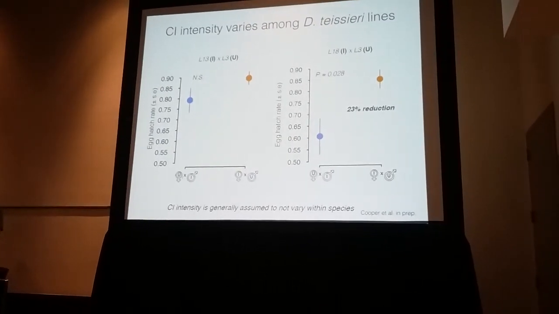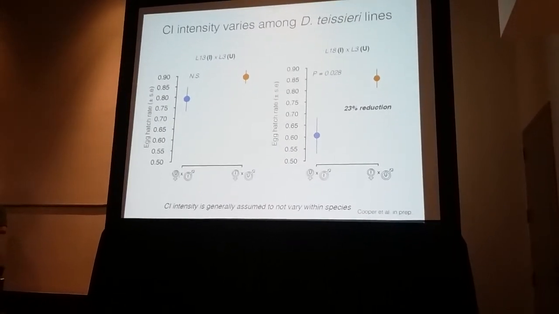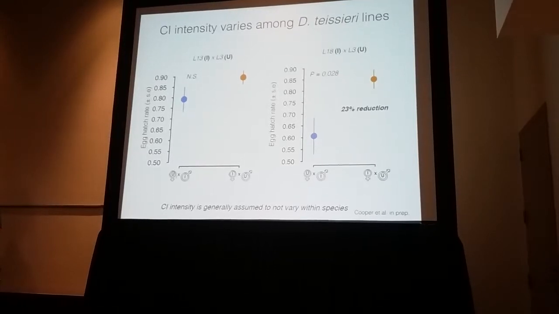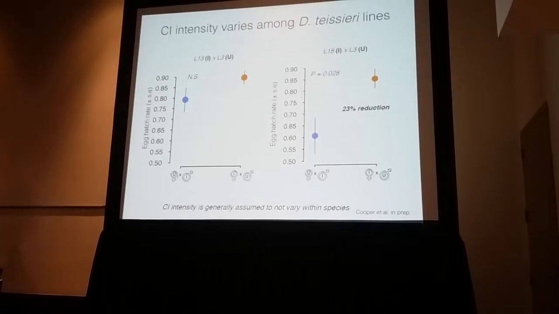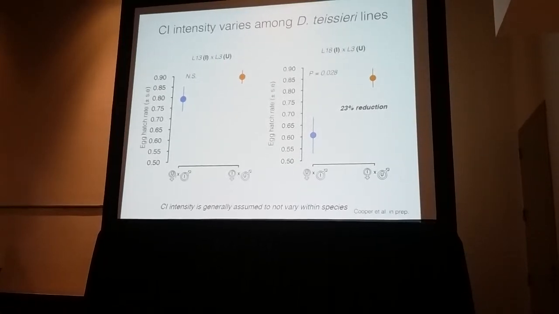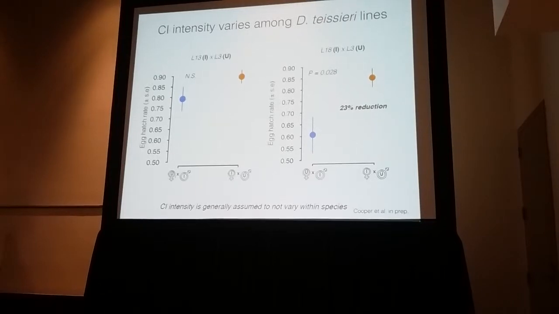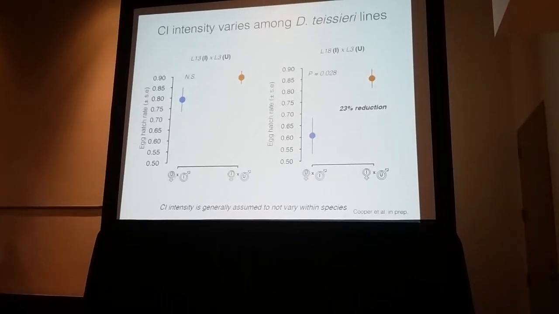In Drosophila tseri, we notice this effect where it seems to be segregating variation in CI intensity. So if you ask a number of lines, they may differ. I'm just showing you 2 examples here, where in one we have no statistically significant cytoplasmic incompatibility, and in another we do. Now remember, I showed you we have all this genomic variation, so we were interested in, does this Wolbachia variant control this difference in CI intensity?